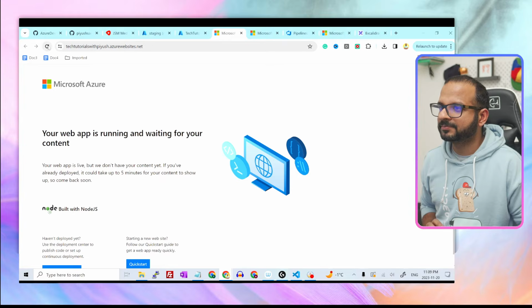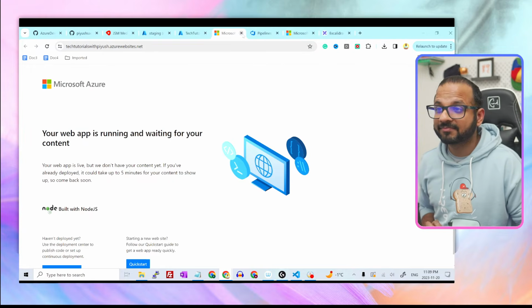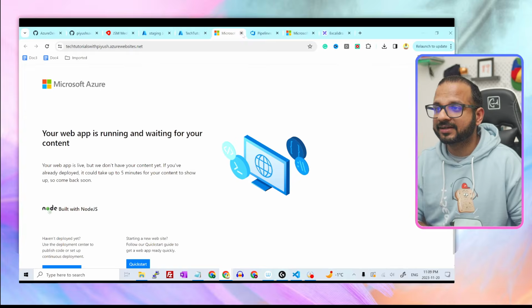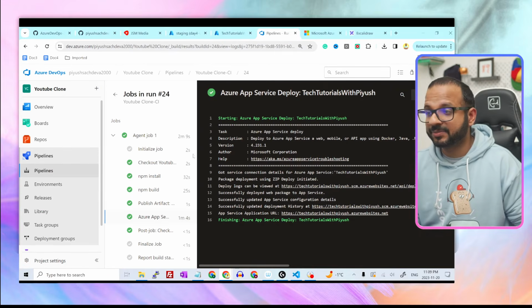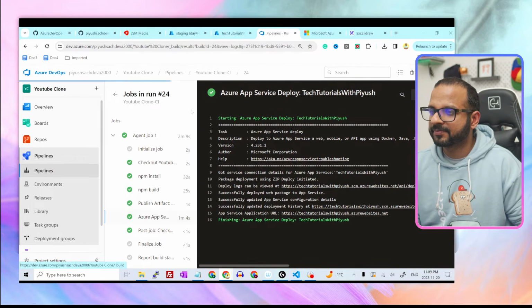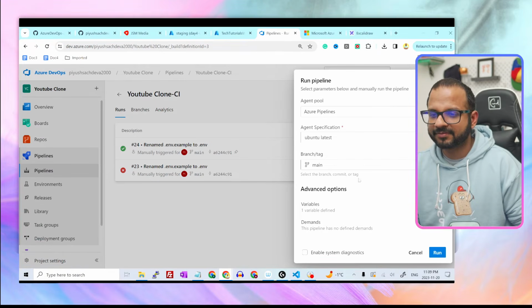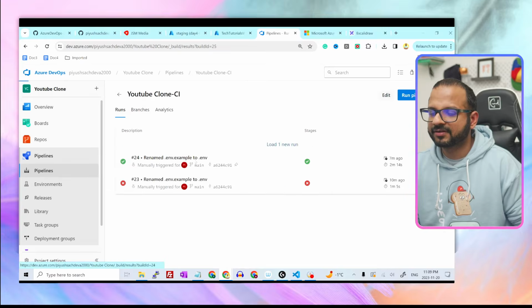Okay. It does not show the details. Let's try to run the CI pipeline again. Then it should be visible because it is still using that data, still has not updated it. So let's go back to the pipeline. Okay. So on the right side, you can click on run pipeline, hit run,